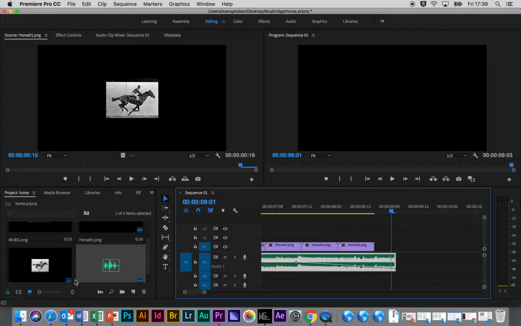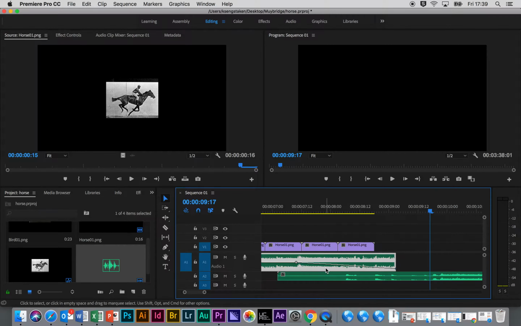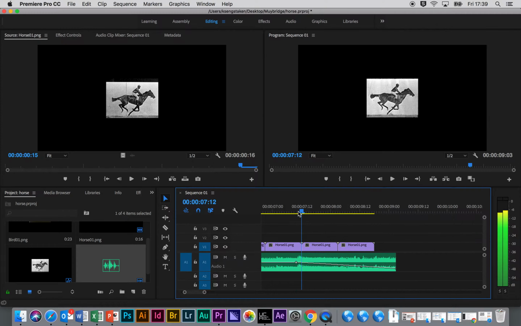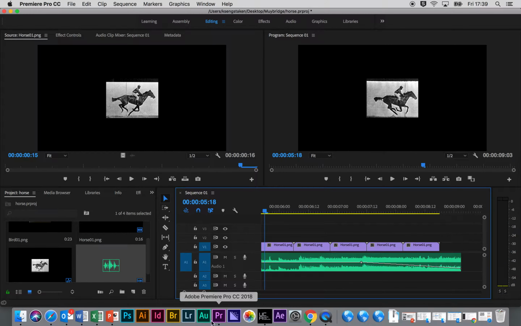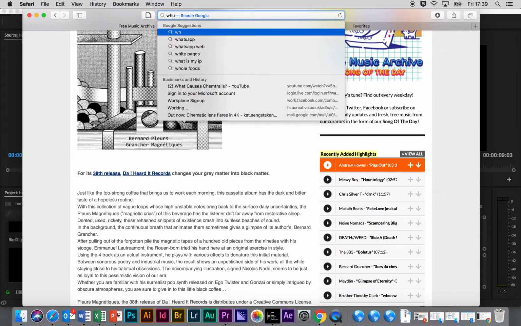I can add additional sounds just because my thing's only got one soundtrack. I can even repeat the same song and have it like as a weird loop. Well, that doesn't sound very nice, but you get the idea that you can have multiple tracks of audio. So if you want to have like a little sound effect, like a whinny or something, let me just quickly show you how to do that with YouTube. So if I wanted a little whinny,